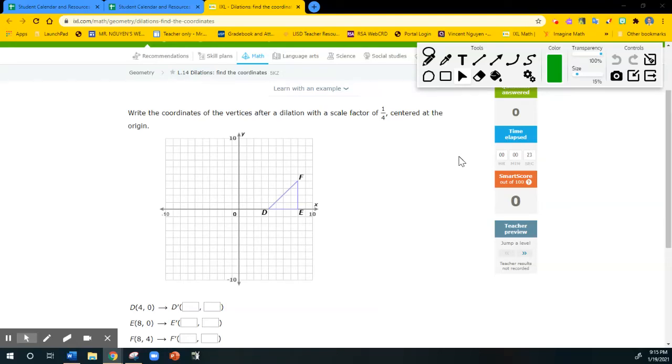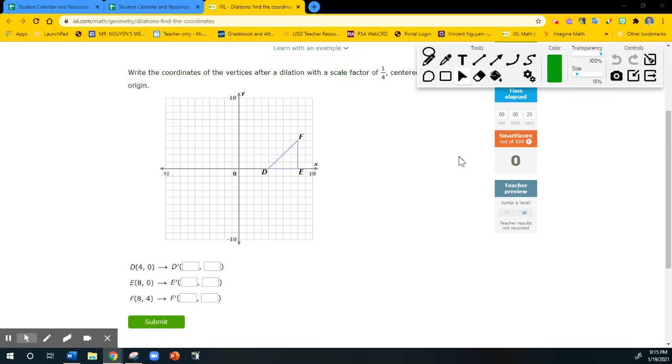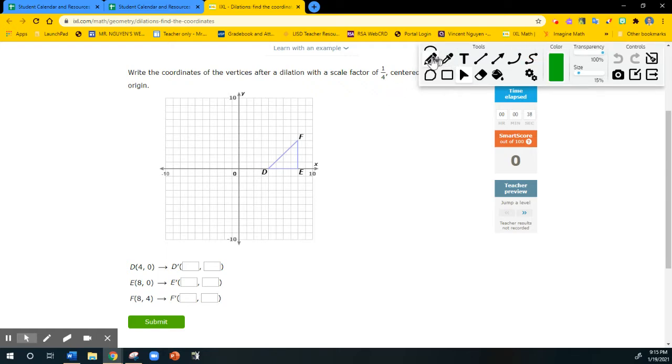Thanks for joining me. Today we are working on IXL dilation, and specifically finding the coordinates of the dilation, okay? So according to the dilation rule, whatever the scale factor is for that dilation, in this case it's 1/4, which means we do have a reduction. That means this triangle is getting smaller, 4 times smaller, because the scale factor is 1/4